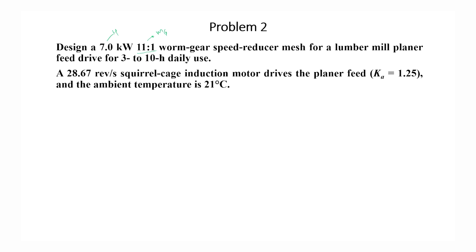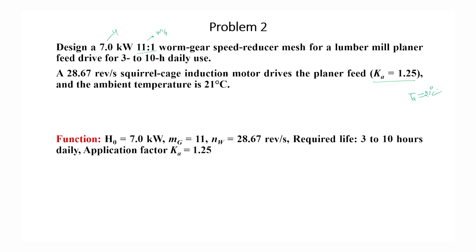A 28.67 revolution per second squirrel cage induction motor drives the planer feed with application factor equal to 1.25. And the ambient temperature is 21 degrees centigrade. It means T ambient, which we will use in the heat balance, is 21 degrees centigrade. The given power to be output is 7 kilowatt, because you know that in the case